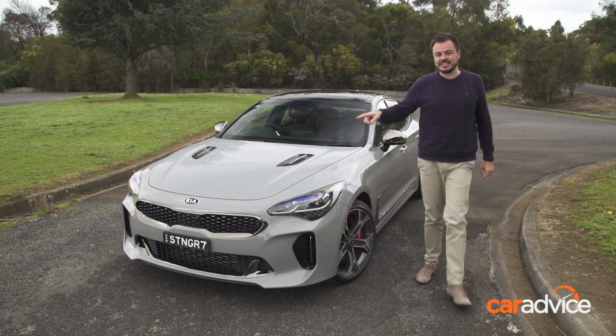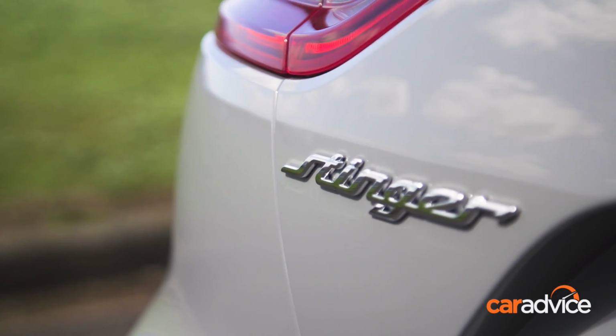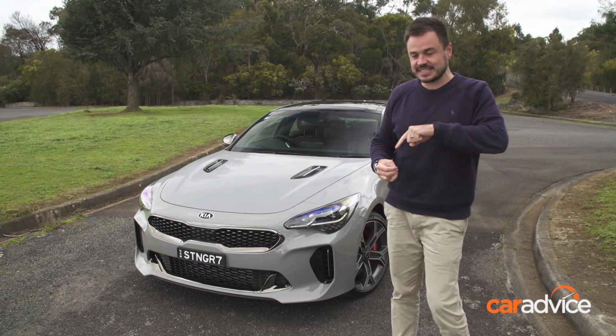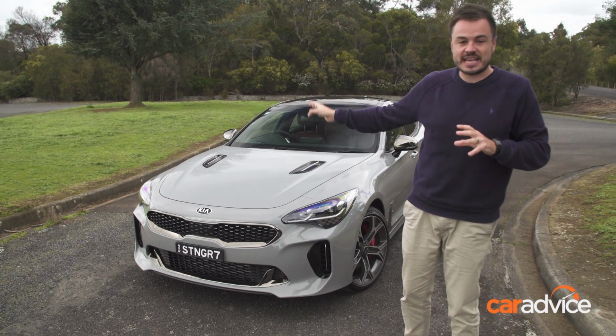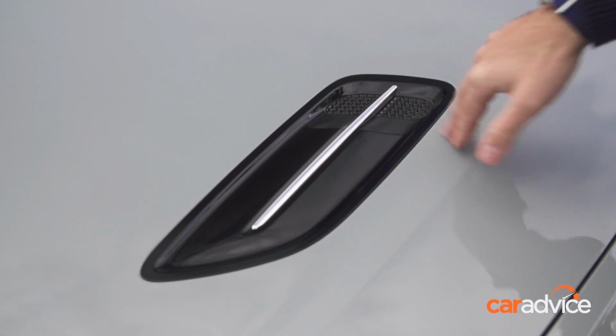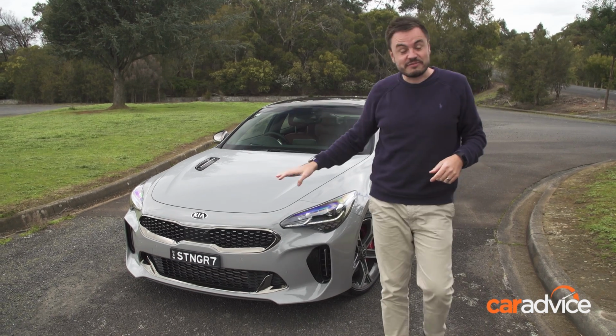So this is the Kia Stinger. It was half engineered by the guy that was in charge of BMW's M division for quite some time. Then he defected to Kia and picked up this engineering program about halfway through. I'm hoping he's not responsible for the fake air vents, but anyway, aside from that, it is quite a good